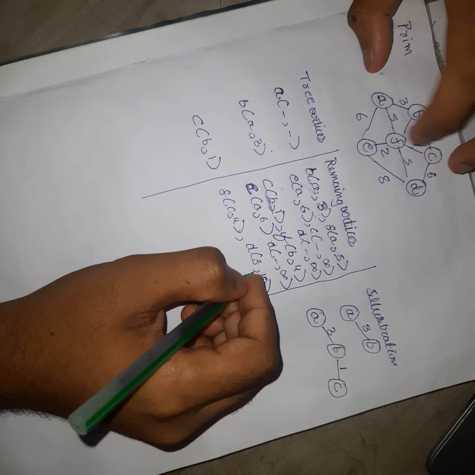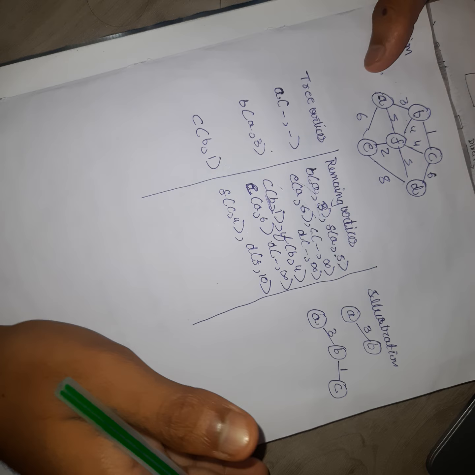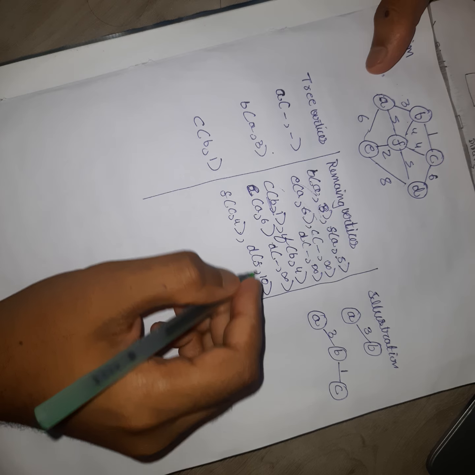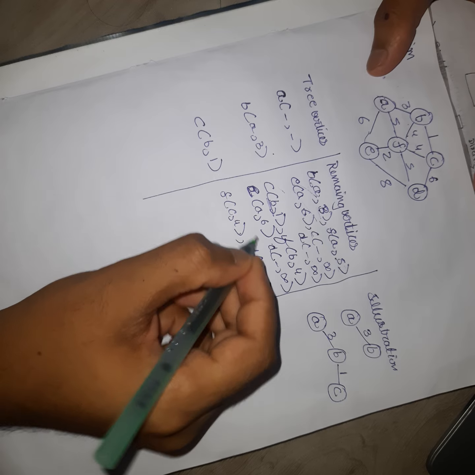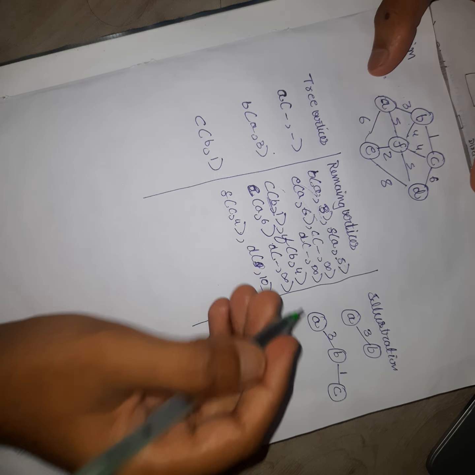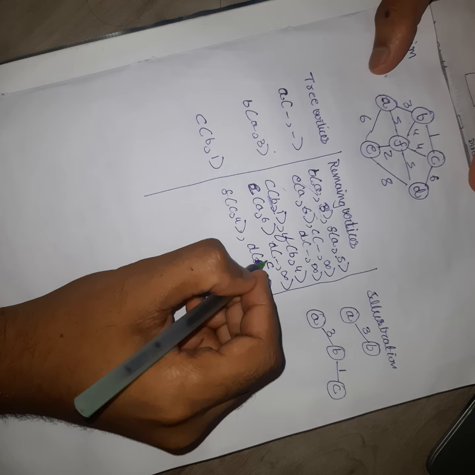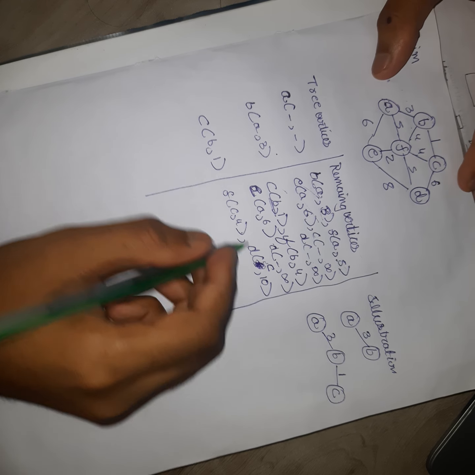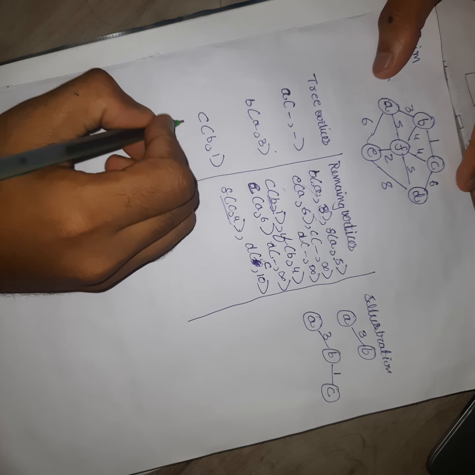And can you go to E now? You can't go to E. Sorry, you can't choose this because you have not gone to F, right? So you can't choose F. You should choose C only here. Okay, and choose which is less. This one is less. So you just write